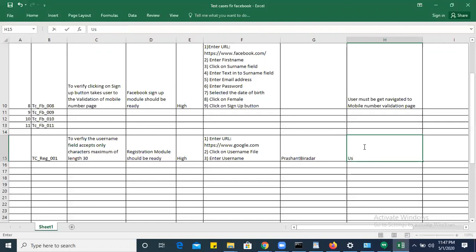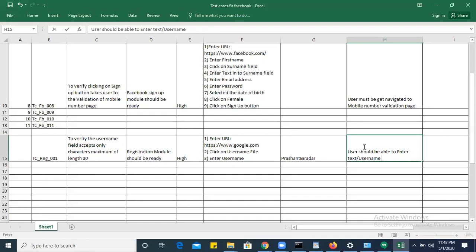User should be able to enter a name with maximum